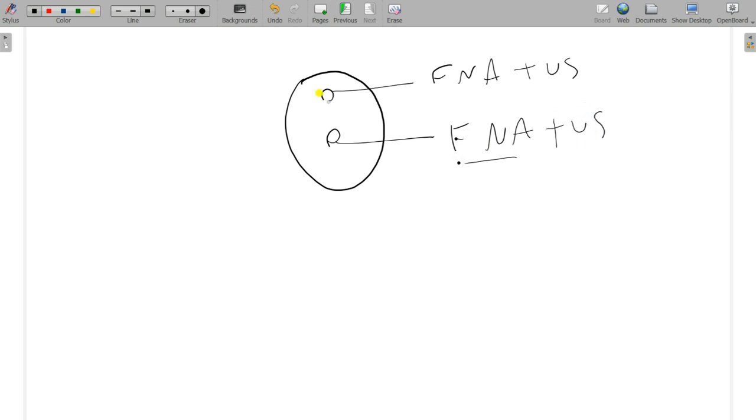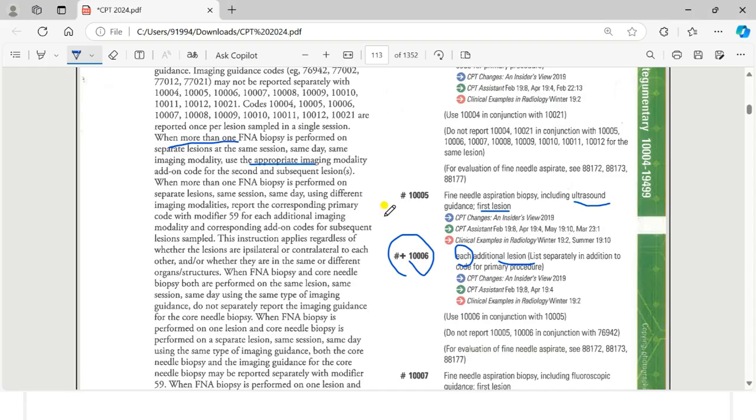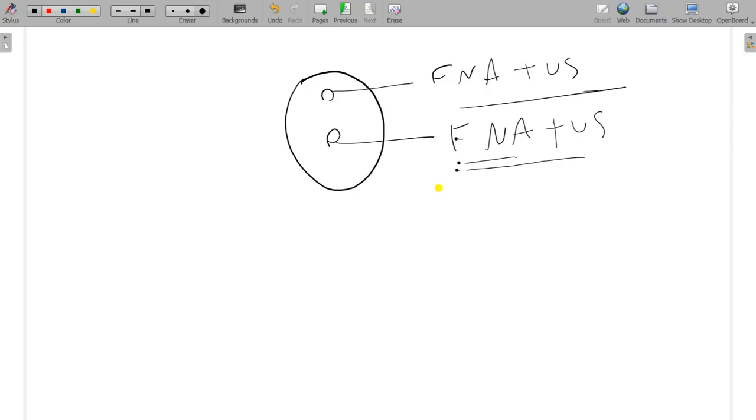So here, even though the 2 separate lesions are there, but the biopsy is same and the imaging is also same. So how do we report this? What the guideline is saying? Use the appropriate imaging modality. What is modality? Modality is nothing but the guidance. Okay. So ultrasound guidance, first lesion 10005, 10005.